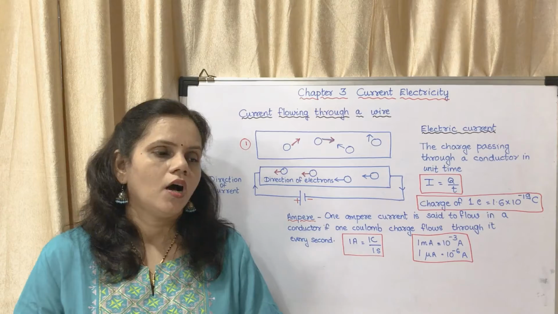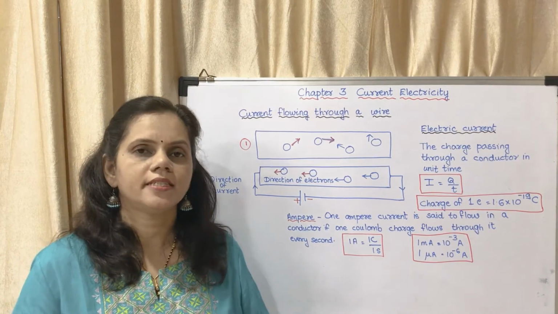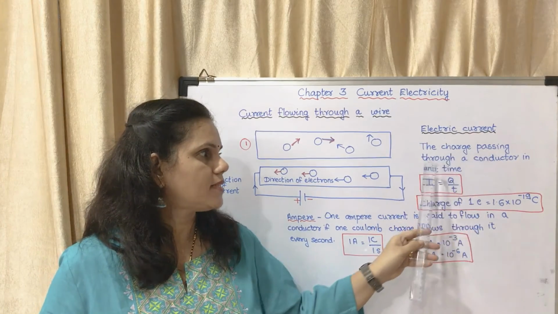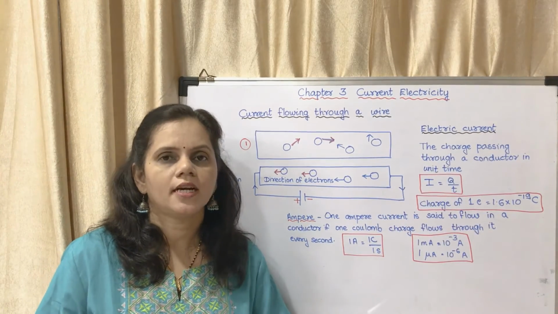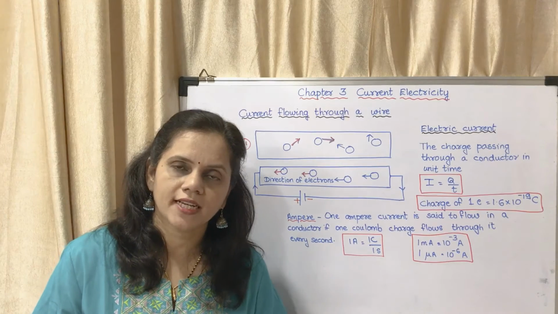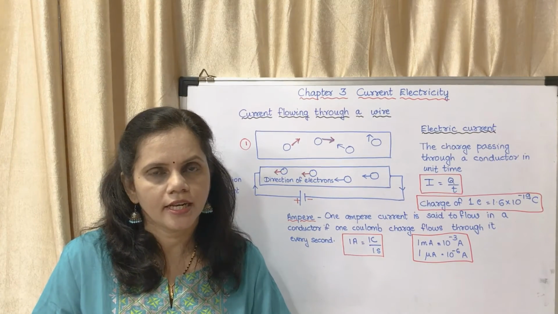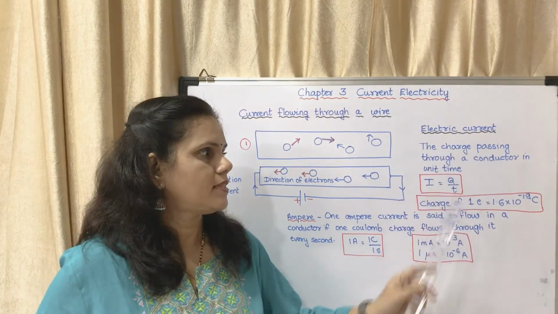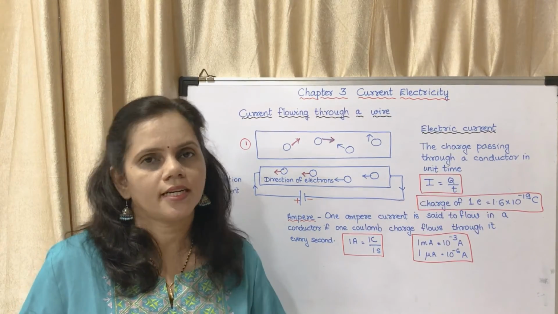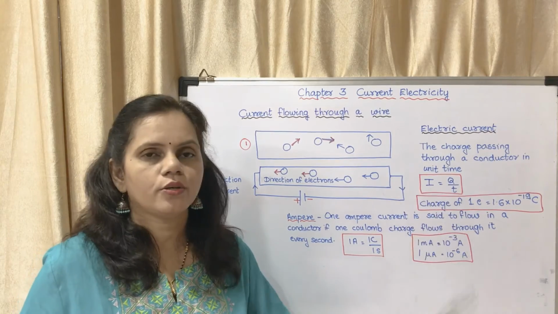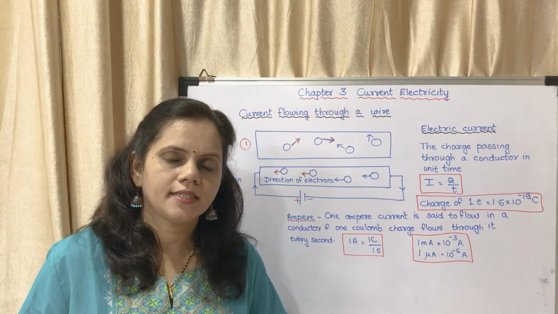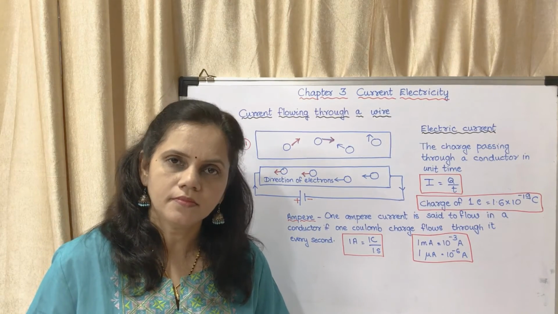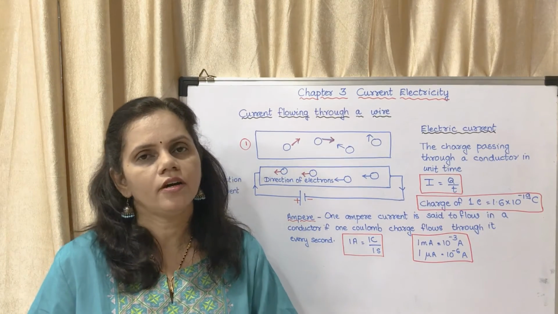Now what is current? How do you define electric current? The charge passing through a conductor in unit time. That is the definition of electric current. You may mark it in your textbook. What is the definition of electric current? It is the charge passing through a conductor in unit time. I = Q/T, where I stands for current, Q stands for charge,